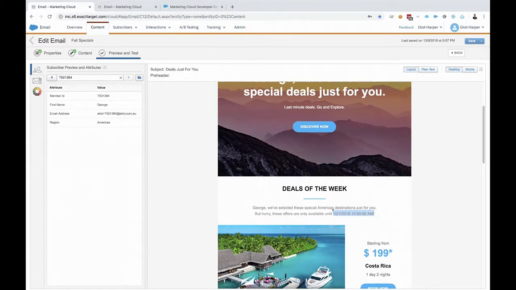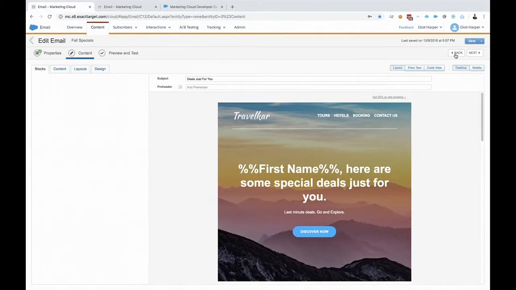Now, rather than requiring users to type out this code, Content Builder conveniently includes a number of common functions that enable selection from within Content Builder. So if we jump and take a look at that then,